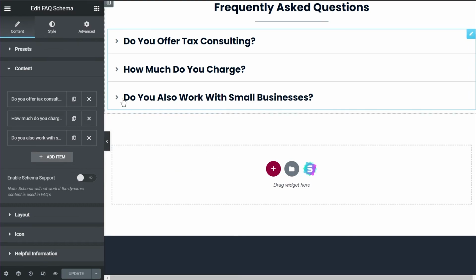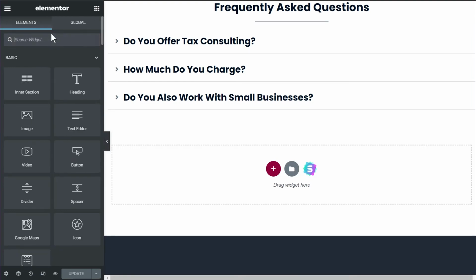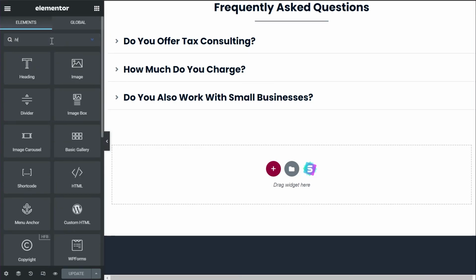And just to show you, the element that is highlighted is the FAQ block or FAQ widget inside UAE, but I have disabled the FAQ schema support from here. So this is just a piece of text. This is not actually adding the schema right now. So let's go back to the widget search, and let's add the HTML.